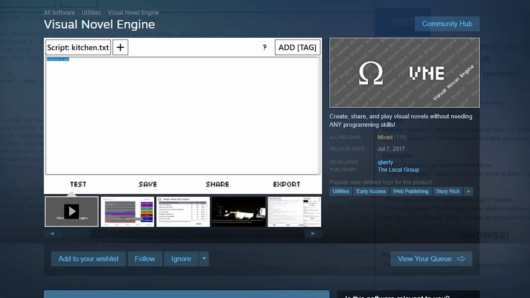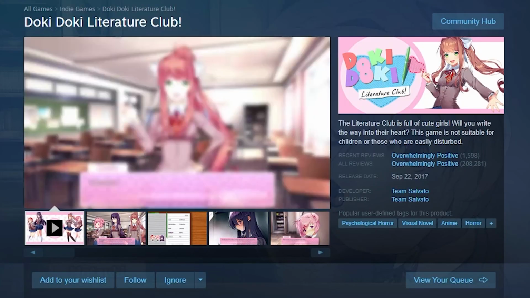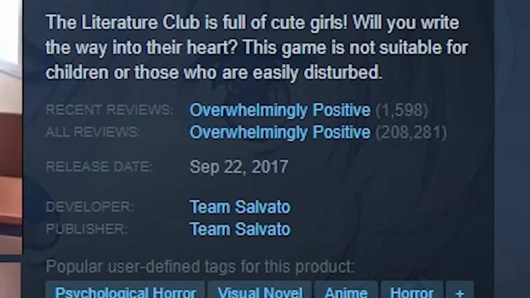Another oversaturated genre that you could make as your first indie game are visual novel games. Visual novel games are, I'd say, relatively easy to make. There are some game engines that are literally visual novel engines. The only thing is, oh my goodness, this is at the top of the charts for games that are published on Steam. Not to say that you aren't capable of striking gold with a visual novel, but it will be very difficult because there are just so many games that are uploaded every day to Steam.